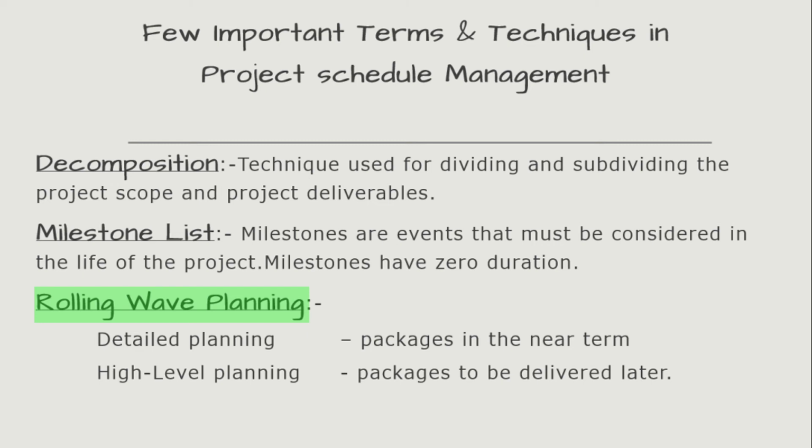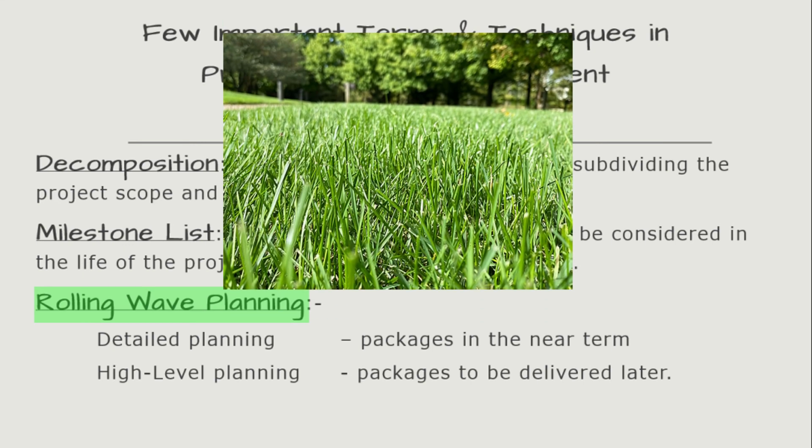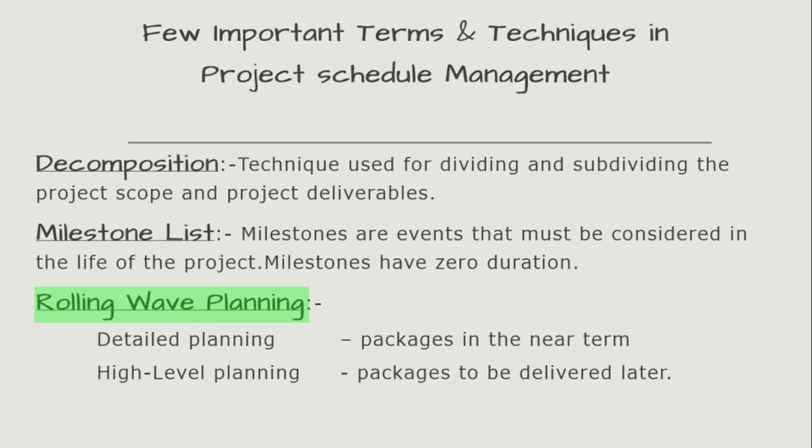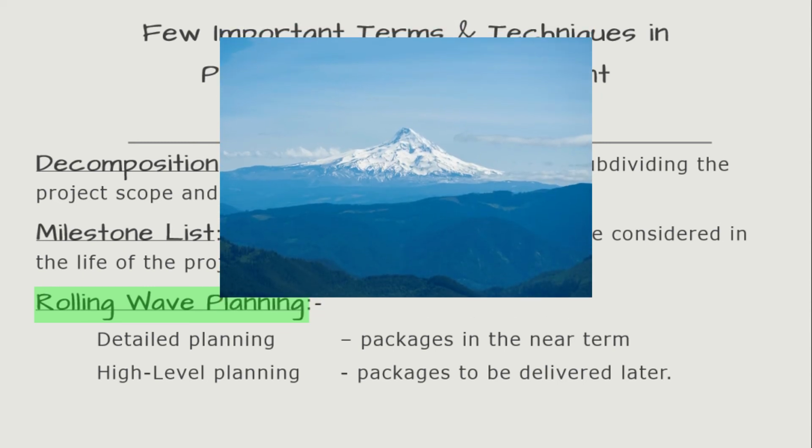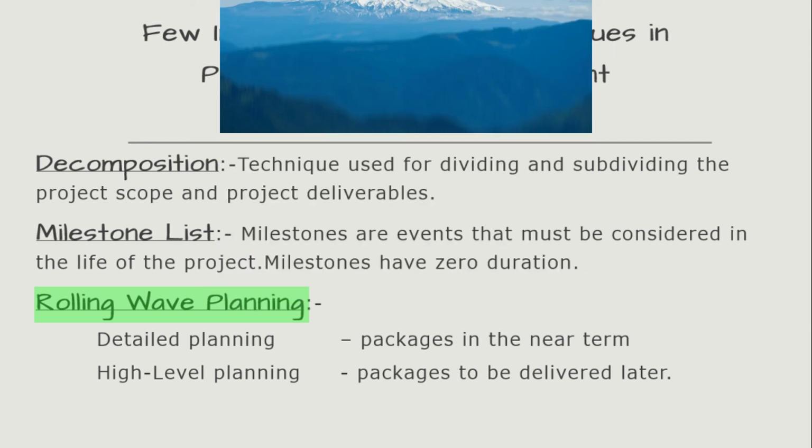Now, this concept of rolling wave planning is a form of progressive elaboration that models project planning the way we see things in the real world. Suppose, for example, that you are standing at the edge of a field. You may be able to see some things in great detail, even counting individual blades of grass at your feet. The further off you look, however, the less detail you will be able to perceive. Distant objects such as mountain ranges several miles away would appear general and hazy.